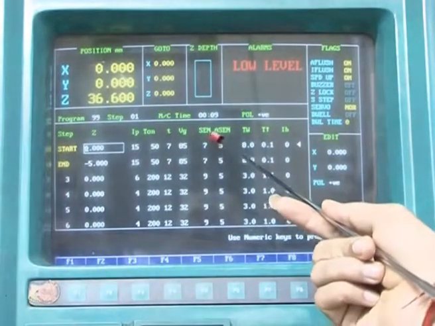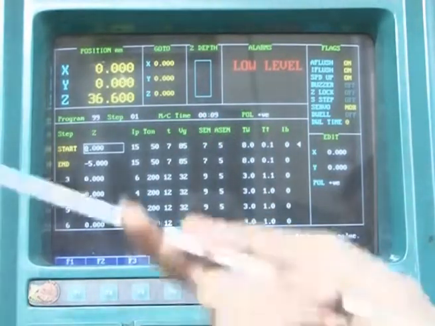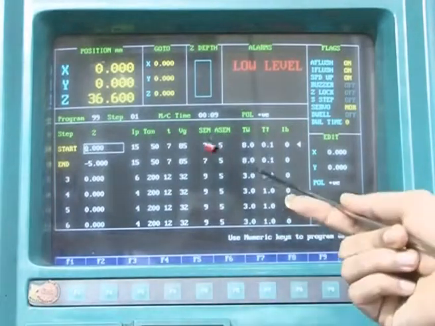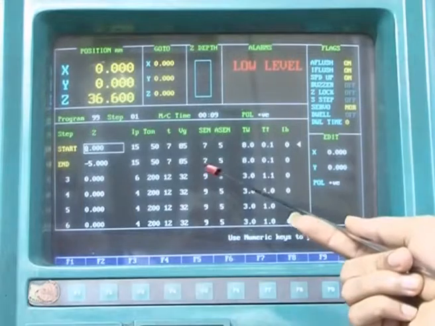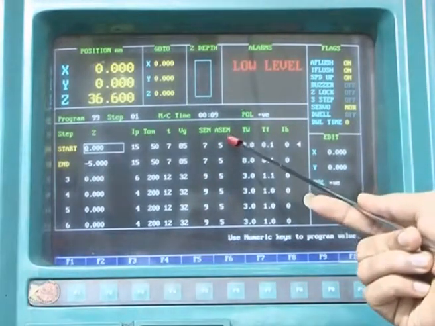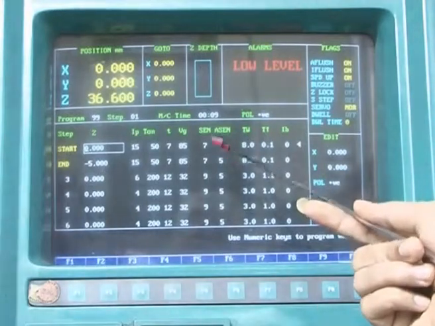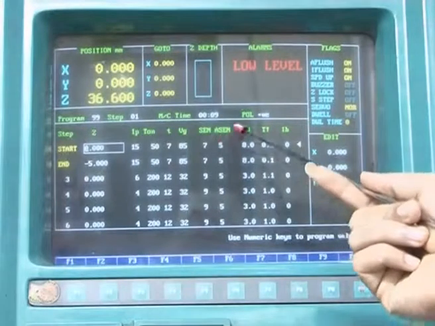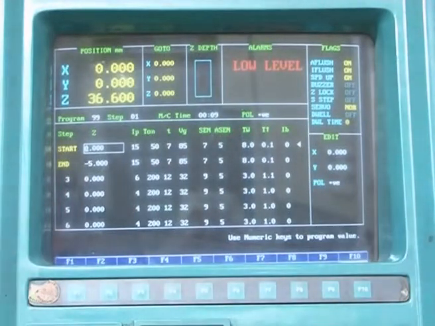And this is the sensitivity. Sensitivity is nothing but the movement of the servo motor. If the sensitivity is very high, then the servo motor of the Z axis will move very slowly. At present it is 7 and the total range is 0 to 14, so presently it is at 50%. And this one is the arc sensitivity: if arcing takes place during machining, it will give an alarm so that you can stop the machining process and the workpiece will not be damaged for further processing.